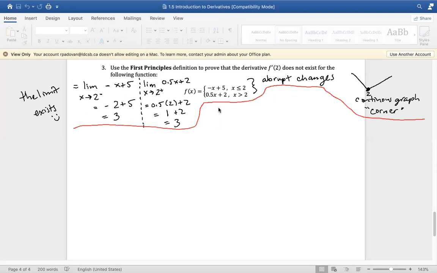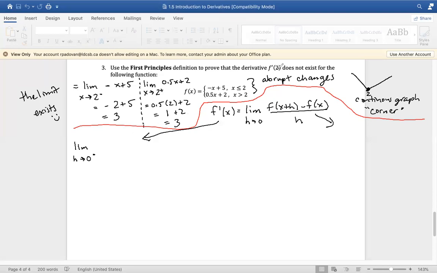So let's write out our equation. f prime of x is equal to the limit as h approaches 0 of f of x plus h minus f of x all over h. If I'm trying to prove that the derivative at 2 does not exist for the following function, I need to approach it from the left-hand side. I need to have an answer. And then from the right-hand side, I need to have an answer. So let's do the left-hand side first. The limit as h approaches 0 from the left-hand side,